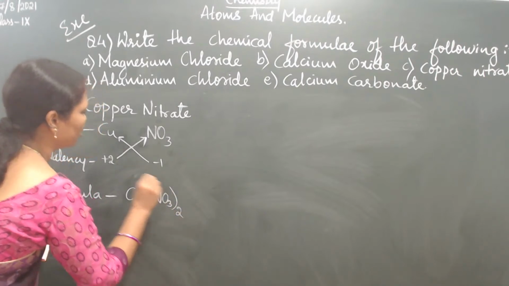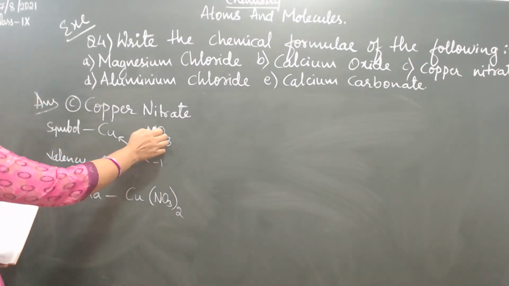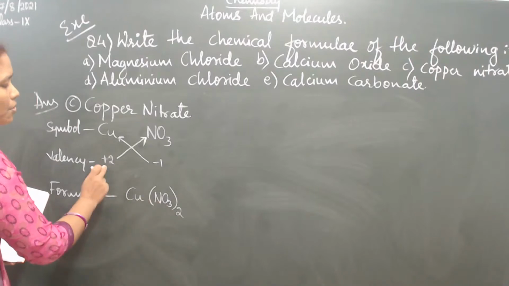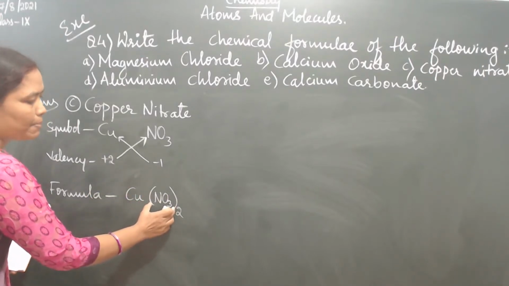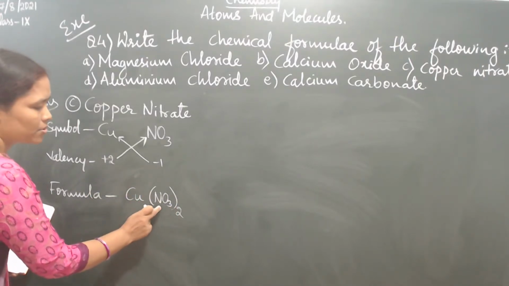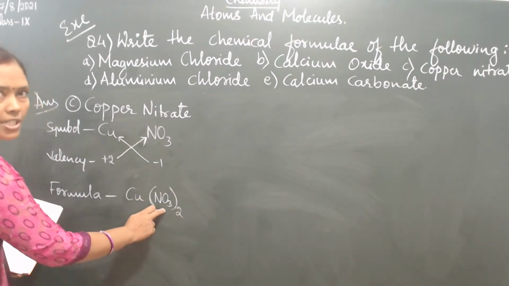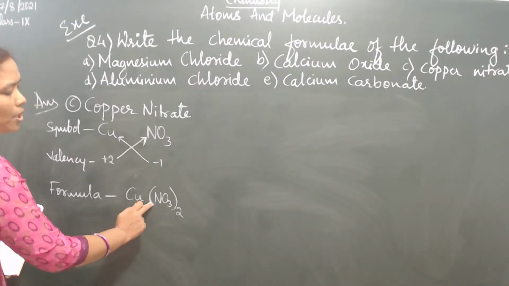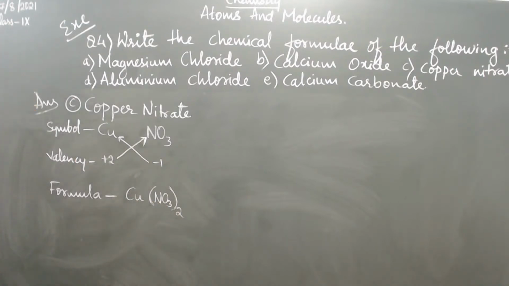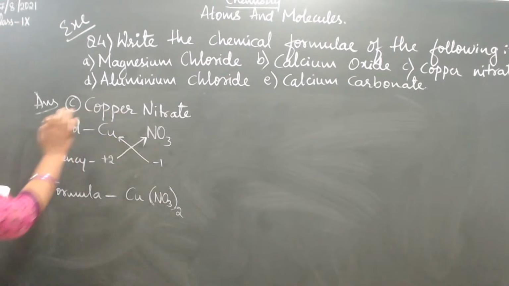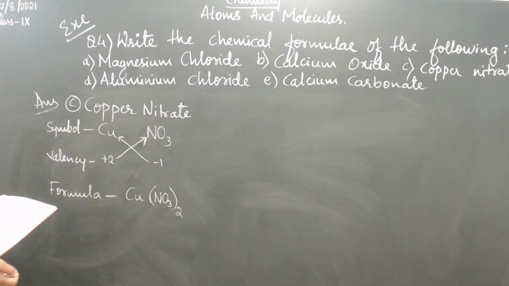Cu(NO3)2. For the polyatomic ion, when it is going to have more than one, what are we going to do? We are going to use the bracket for this polyatomic ion. So here we are going to use this bracket for this polyatomic ion. So Cu(NO3)2 is the chemical formula for the copper nitrate. Then next one,